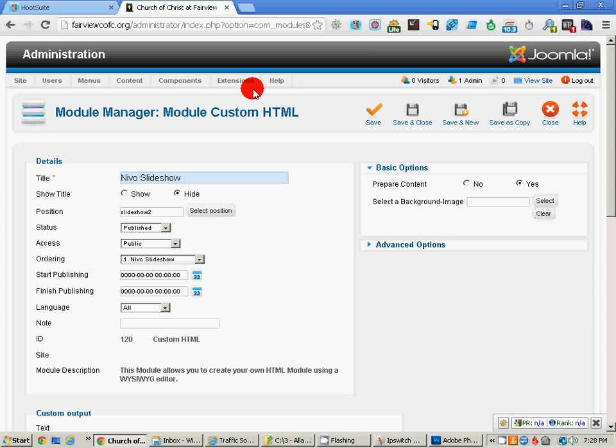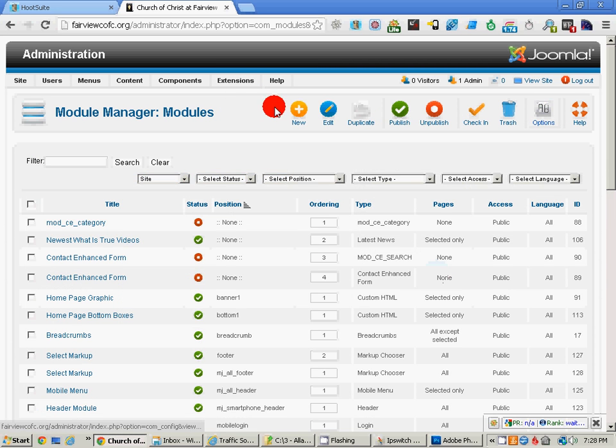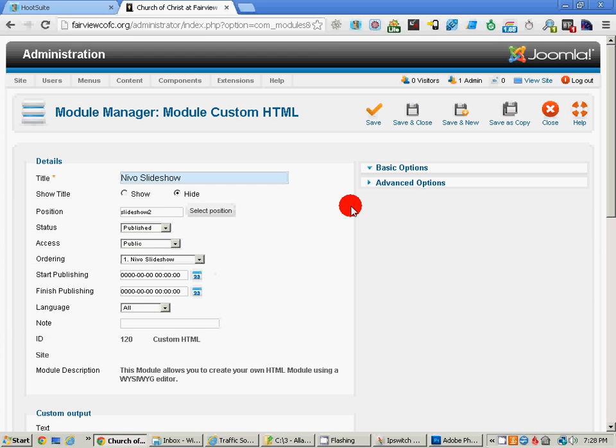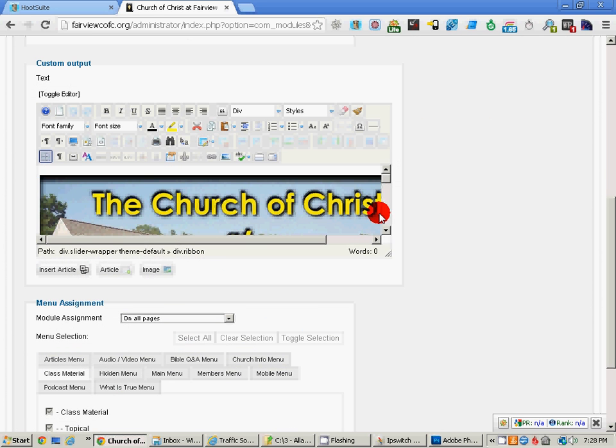Now you remember we went into the module, went into the Nevo slideshow. I'm going to show you one more time how to do that. I'm going to cancel that. We went up to extensions, went to module manager, just like you would go and do many other things. Came down to Nevo slider. All right, and we scroll down here. Now this looks like what we would use to add an article or anything else. Same interface. We clicked on toggle source code,